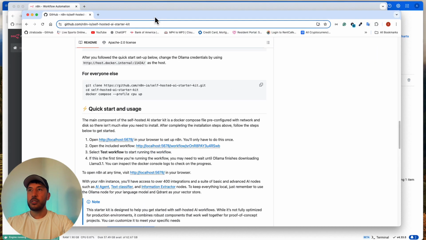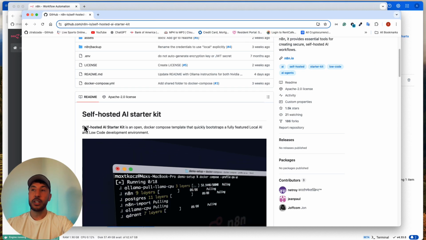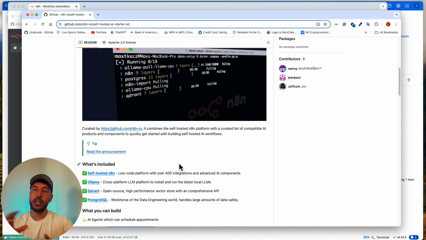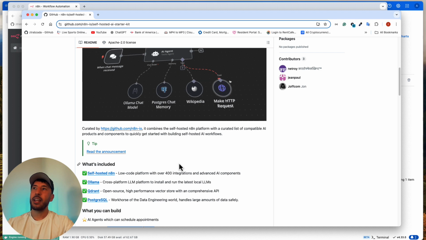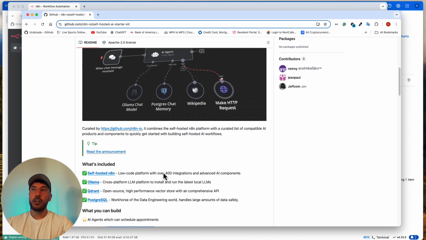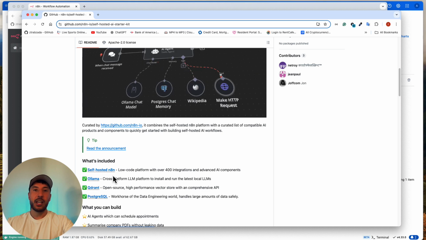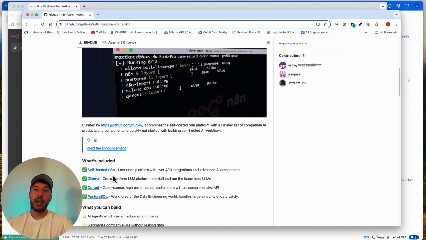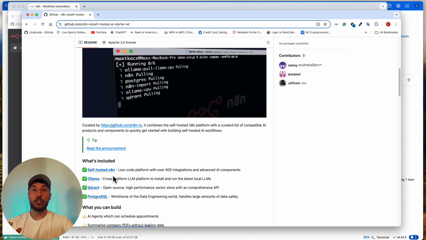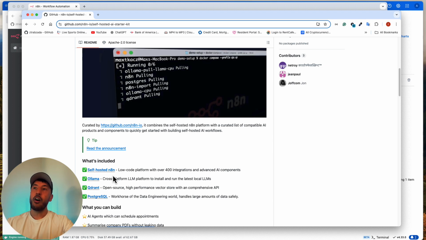So on the next tutorial, what I'm going to do is go through setting up the self-hosted AI starter kit. So this is going to be basically similar to what we did earlier, but now we're going to use our command line because we'll be able to install everything within our local machine, including Ollama and Quadrant, which Ollama is a software that gives you the ability to run and interact with large language models that are open source, like Meta AI's Llama languages, on your local machine.